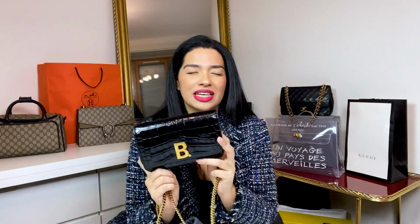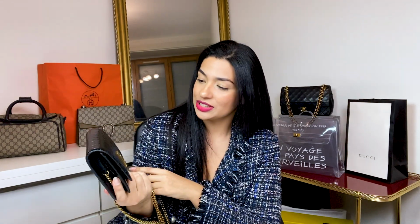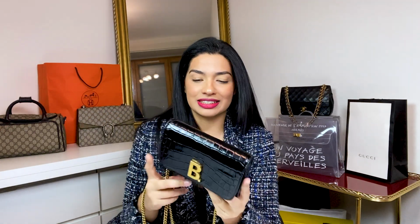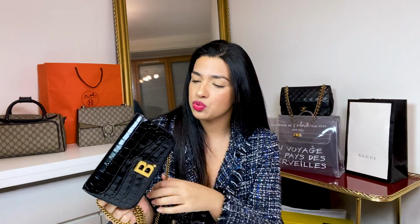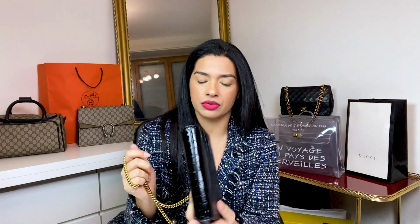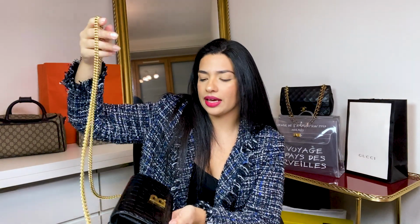I was really hesitating in keeping this because I was like, Balenciaga, the last bag I bought, the quality was so bad, but this one was in pristine condition, and I was like, wow, I love this big B on it. I'm sure I don't have any kind of